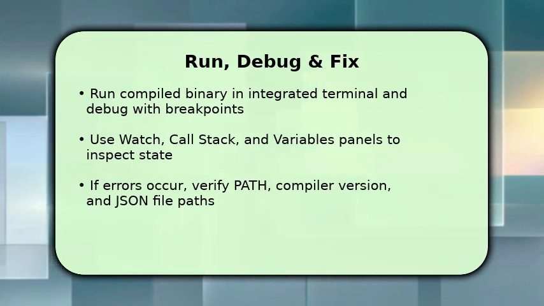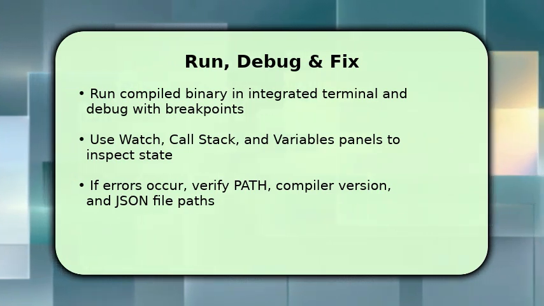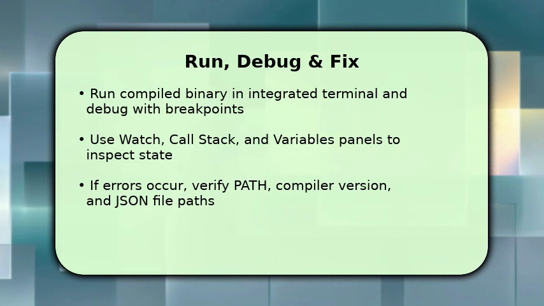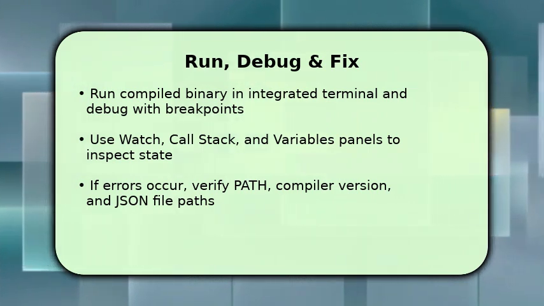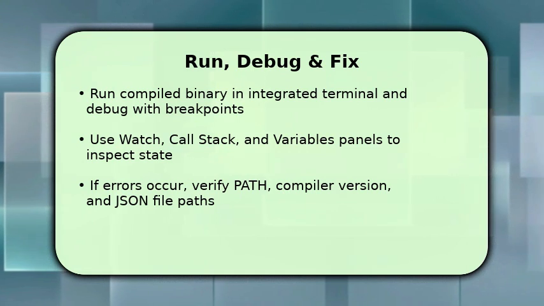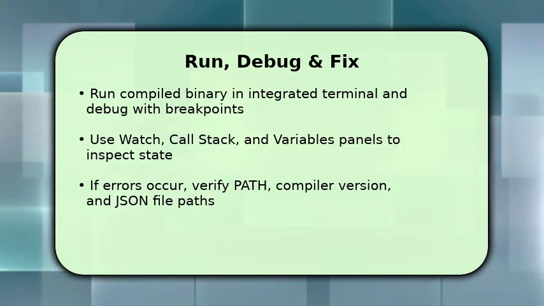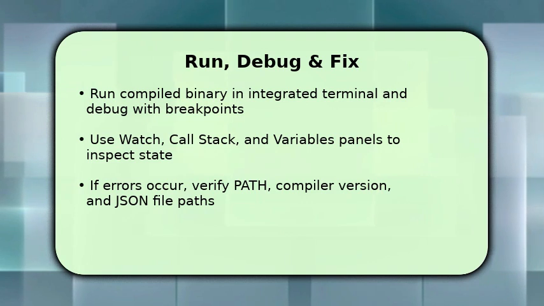If something goes wrong, one key troubleshooting tip: recheck that the compiler binary is on path and that compiler path and program paths in tasks.json and launch.json exactly match your system. Fixing those usually resolves build or